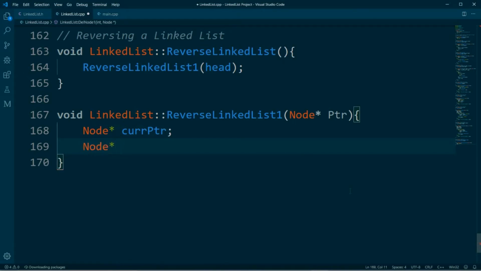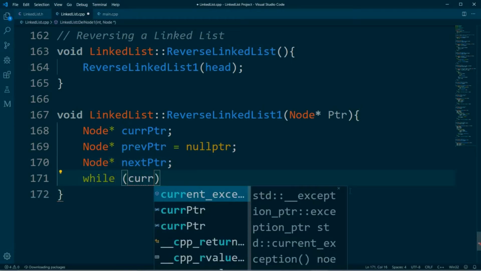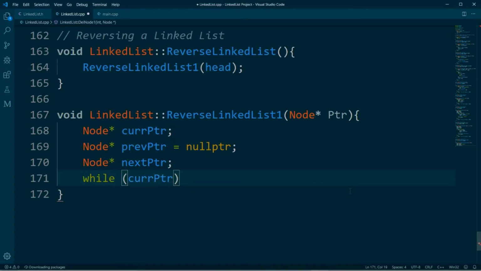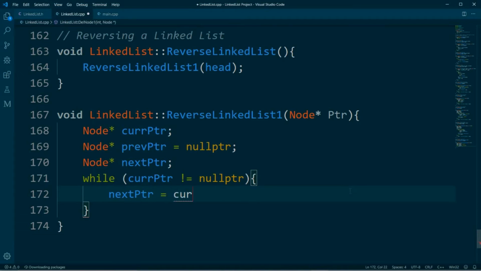For this function, we want to create a node pointer called the current pointer, and another pointer called the previous pointer. We will set it equal to null, and finally a next node pointer. So while the current pointer is not equal to null, we want to do something in our while loop,